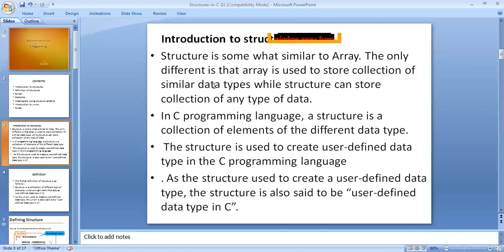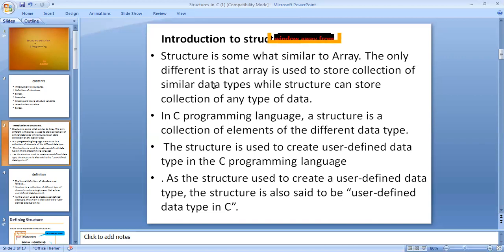The structure is used to create a user defined data type in the C programming language. A structure is also said to be a user defined data type in C. And what is the difference between an array and a structure? An array uses only one data type and stores n number of elements by index.